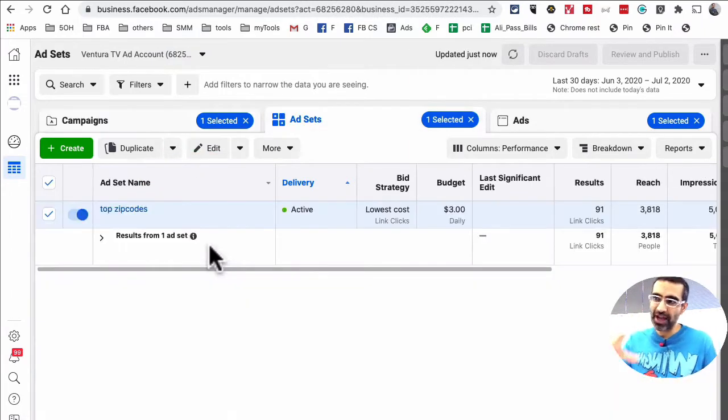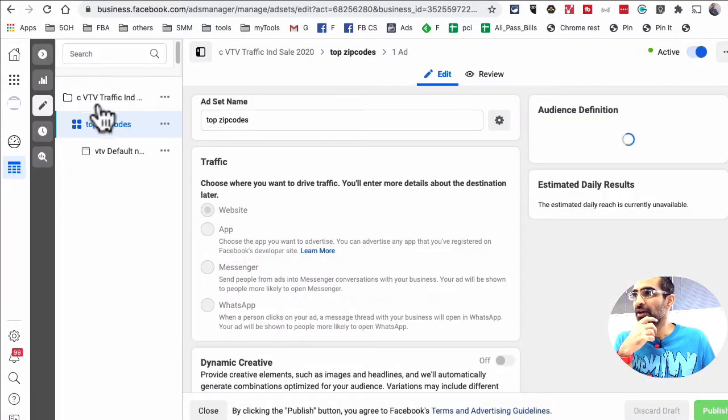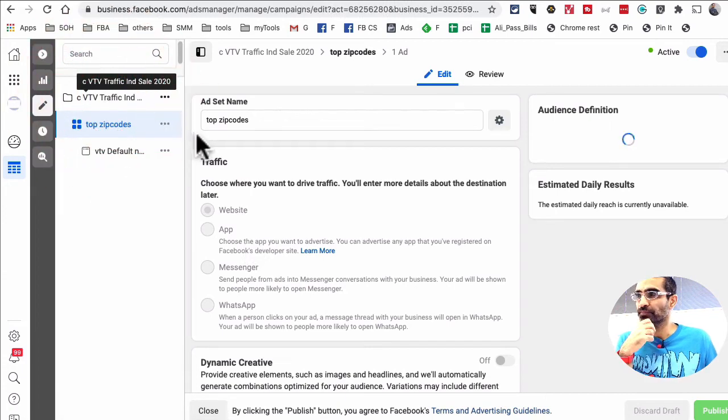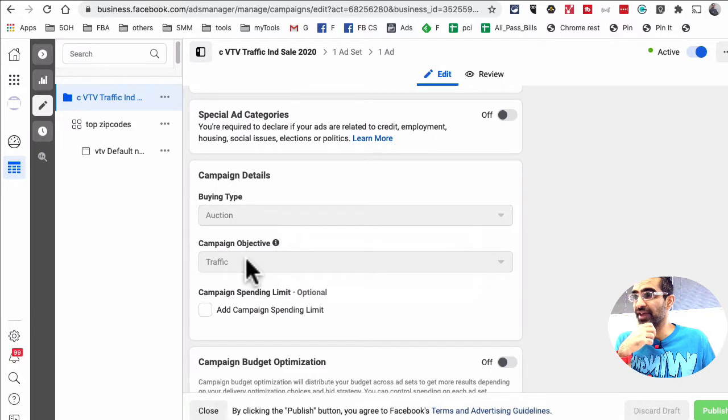So the objective of that campaign is selected as traffic. And don't worry, in just a few minutes, we'll create a brand new campaign and I'll show you where you select the objective. Now, we're inside the campaign. This is the ad set level. So let's click on edit so you can see everything. At the campaign level, you'll see the campaign objective is selected as traffic because we want Facebook to give us clicks or traffic